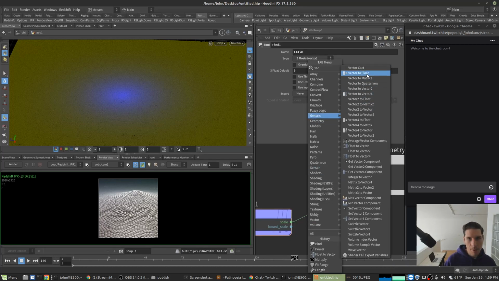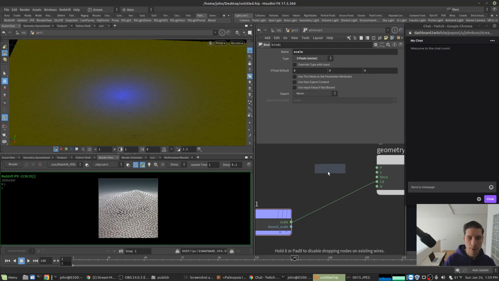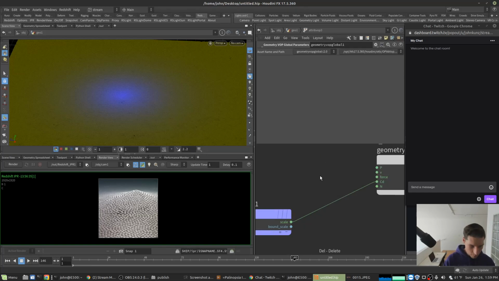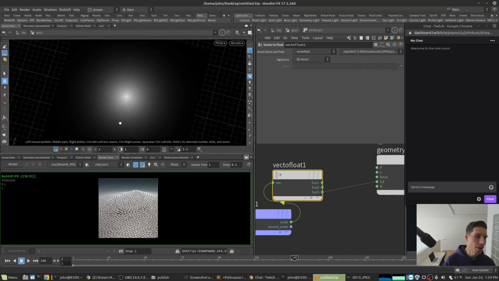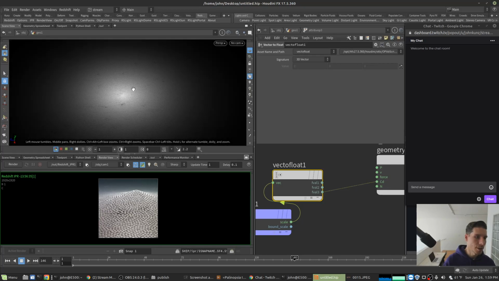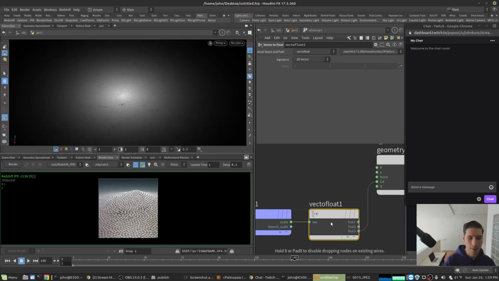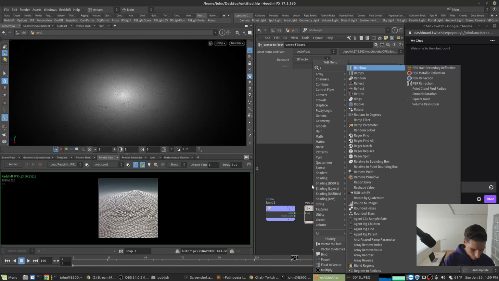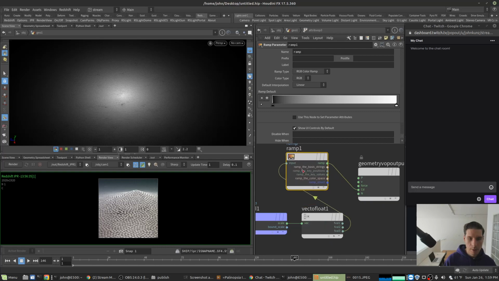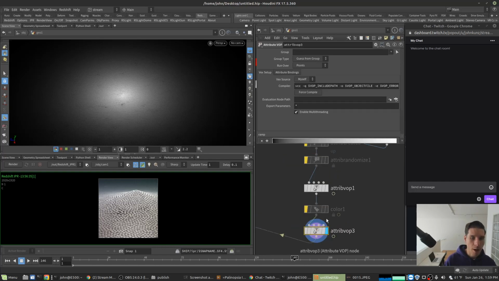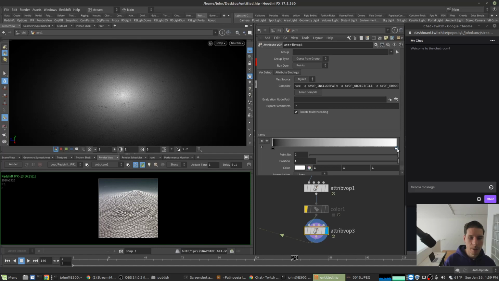So instead of looking at all the different components, I might just want to do vector to float. So this is like XYZ or RGB. If I look at just the Z scale, now you can see we just have a brightness. So this is the height of our instances. I could do a ramp parameter,